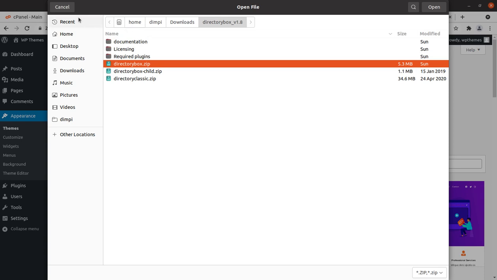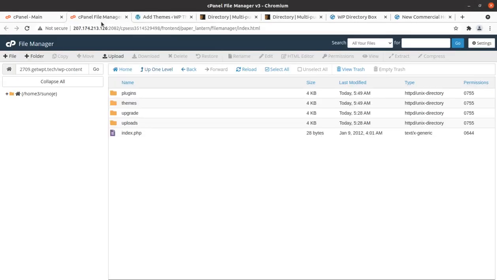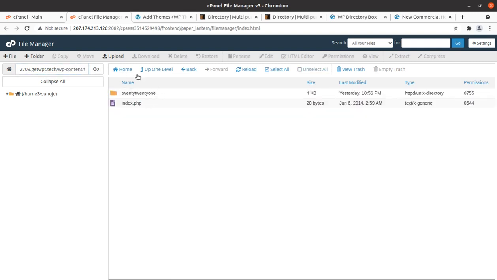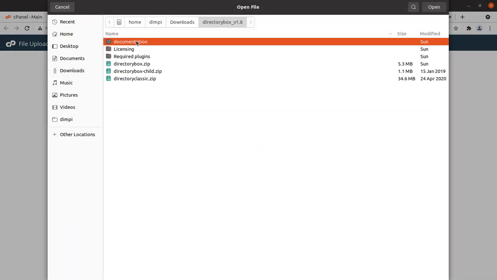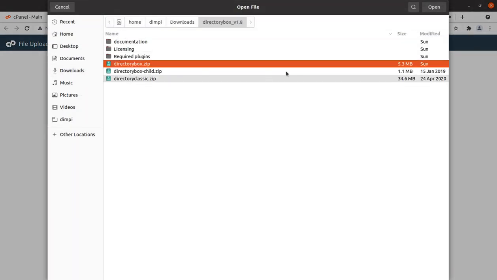This is a common mistake made by multiple people, so just be careful. Directorybox.zip is to be selected, and if you have direct access to your server, that is file manager or FTP, you can directly upload the theme to the wp-content themes folder. So I am doing the same. I wish to show you the theme file size, and yes, directorybox.zip.